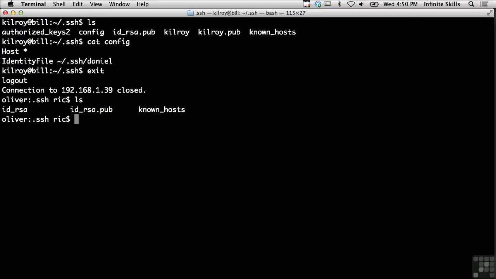So anytime you find a system that's running version 1, there's a possibility that you could decrypt transmissions between that system and whatever system is connected to it. In subsequent versions, though, that's been worked out, and although there have been vulnerabilities in SSH, it's a pretty solid